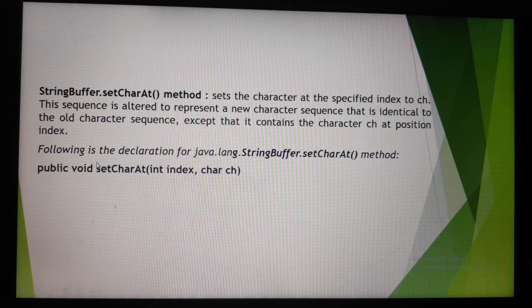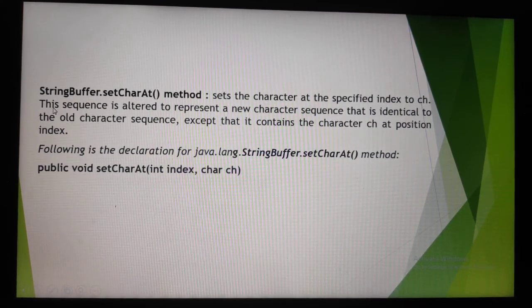StringBuffer setCharAt method. This is another important method in StringBuffer class. It sets the character at the specified index to ch. This sequence is altered to represent a new character sequence that is identical to the old character sequence, except that it contains the character ch at position index. Now how to declare this? Public void setCharAt(int index, char ch). So here I have mentioned the index position and the character which needs to be